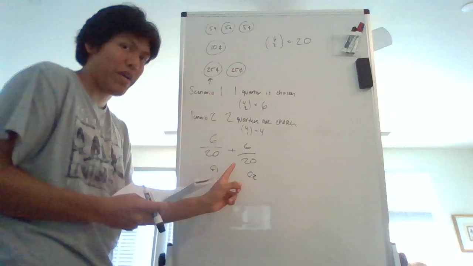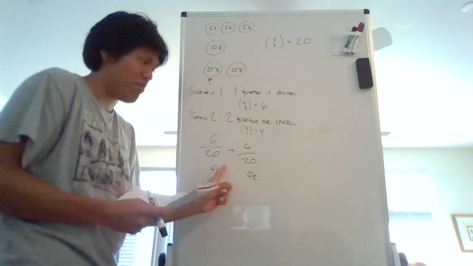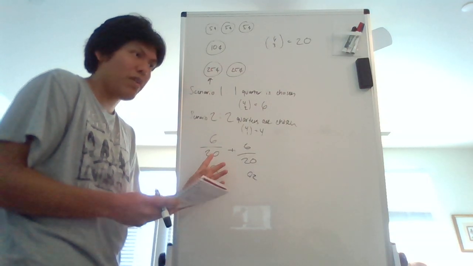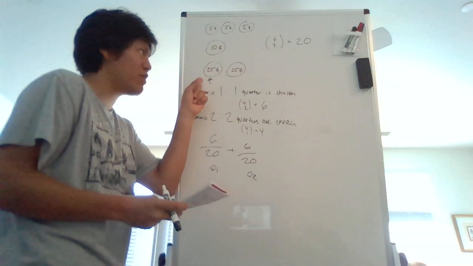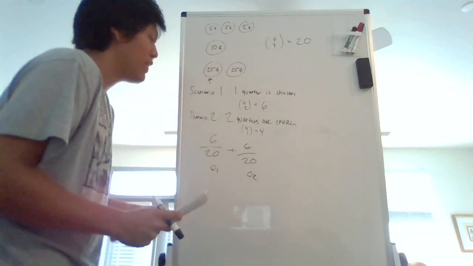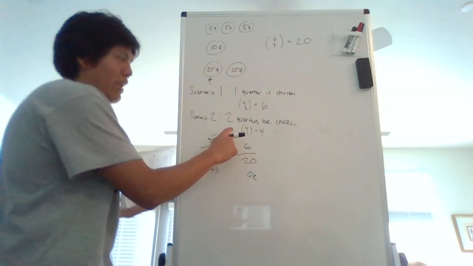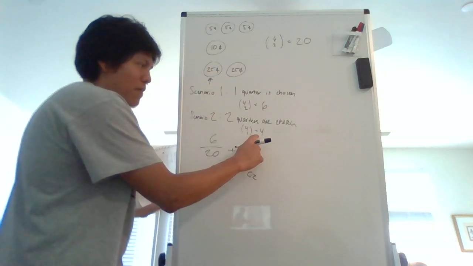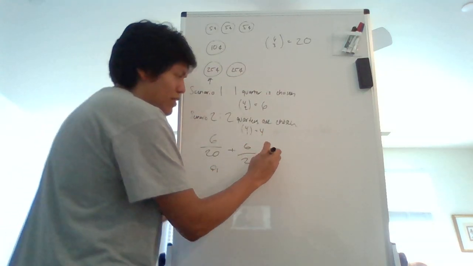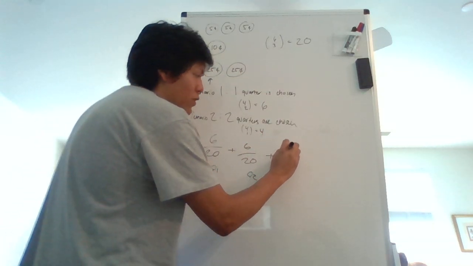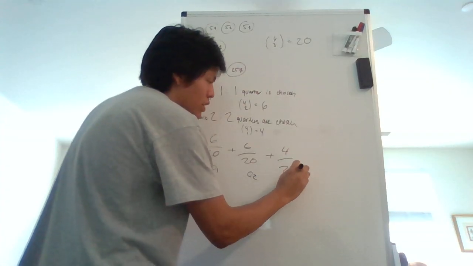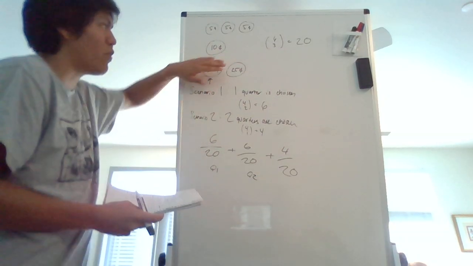And that's why we add it twice. We have to consider both possibilities, where we either chose this quarter or we chose that quarter. Okay. And then we can add this result, this 4 over 20, right? Because if we're choosing both quarters